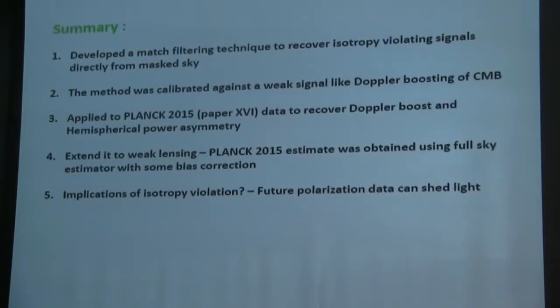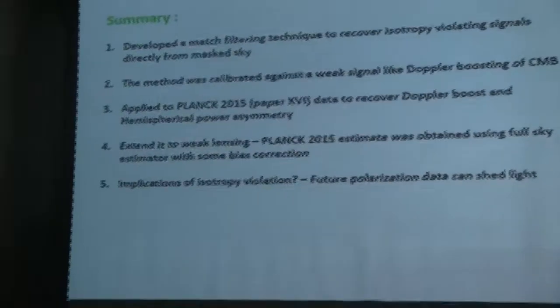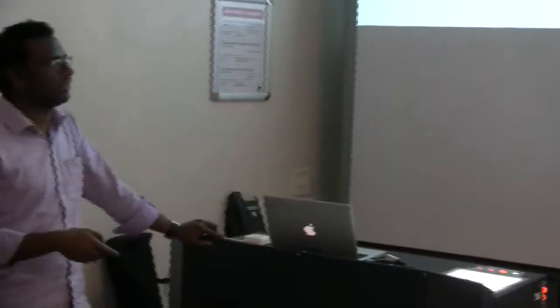So basically, in summary, we developed a matched filtering sort of method to recover some form of isotropy violating signal that you have some information about, like a modulation. Maybe there is an underlying modulation field, or gravitational wave lensing, or so. This method has been calibrated using the very weak Doppler boosting of CMB anisotropies, and it was applied to PLANCK data. This method has to be extended to weak lensing, because the PLANCK 2015 estimate